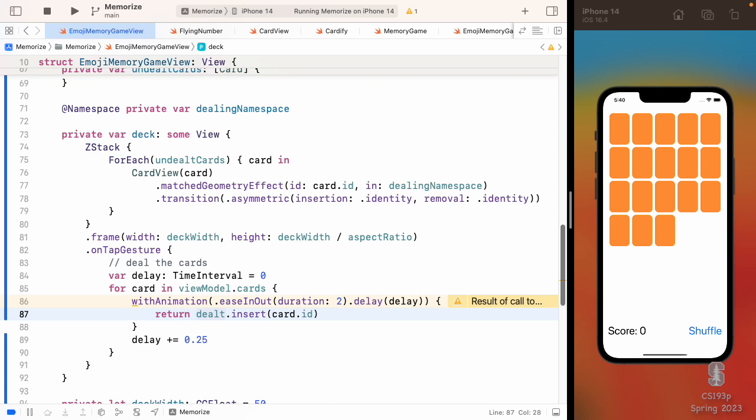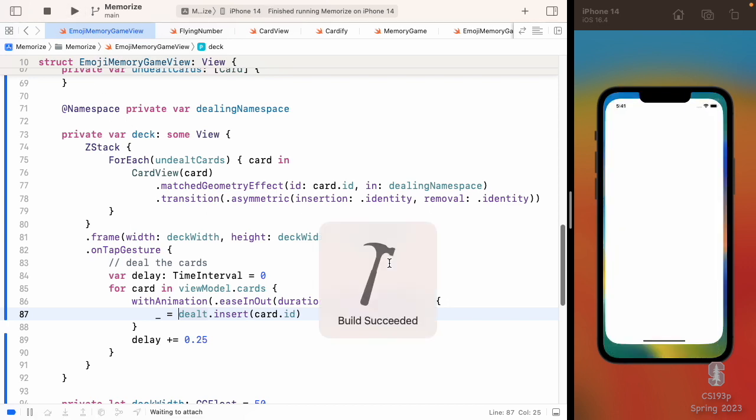And insert, which inserts something into a set, actually returns something. I don't remember exactly what it returns. It returns a tuple, I think, of something that I don't care about. And this return is just implicit because this is a one-liner closure. So how do we get rid of this? Underbar equals, which essentially says, give me what that insert gave and then just put it nowhere. Put it in the bit bucket, right? Underbar means nothingness. This is a way to get rid of that warning. Another way to do it would have been to put this in a function that doesn't return anything. That would have been another way, but this is kind of a nice, simple way to do it there. All right, let's see if that works.